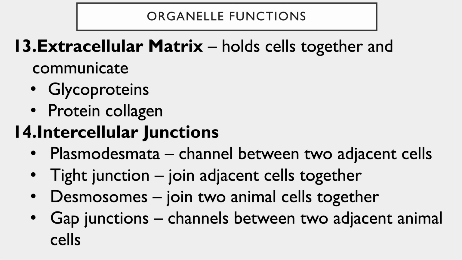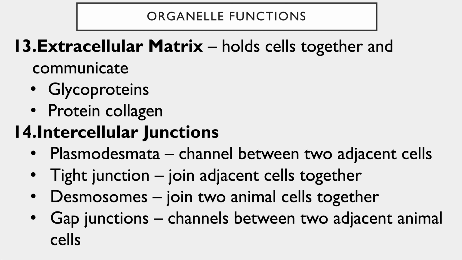There are several different kinds depending on how the communication is made and what kind of passageway is created between that junction. One of them, called the plasmodesmata, is a channel between two adjacent cells that's specific to plants. A tight junction joins adjacent cells together, but it does not create a channel. The desmosomes join two animal cells together, so this is specific to animals and not plants. And then the gap junction is essentially indicative of a plasmodesmata, but in animals, so it creates a channel